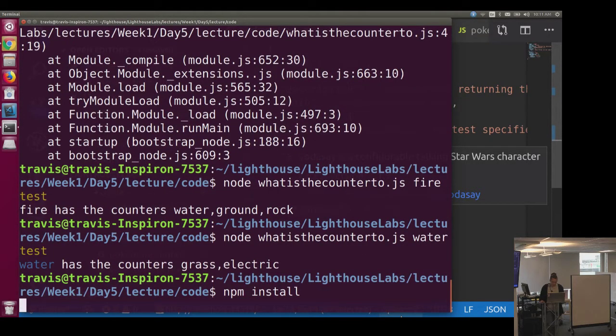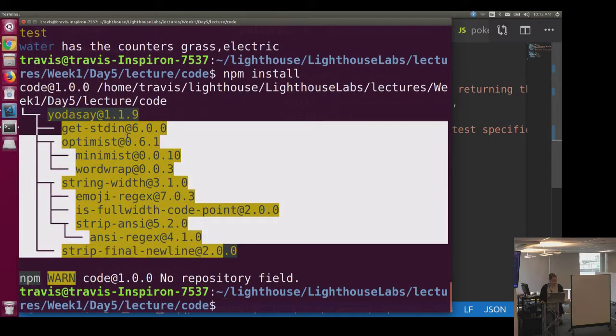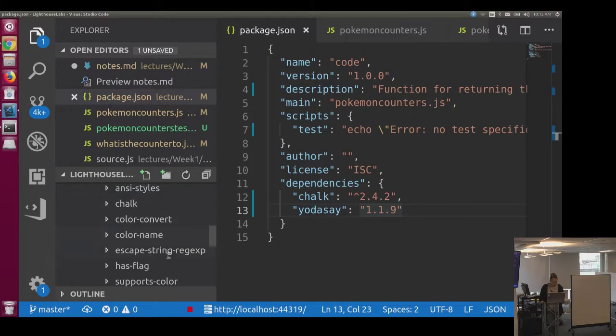So if we run that, we see that it's downloaded something. Let's look. It says Yoda Say, and then it has a bunch of other packages it downloaded that Yoda Say is dependent on. If we look in our node modules, we see